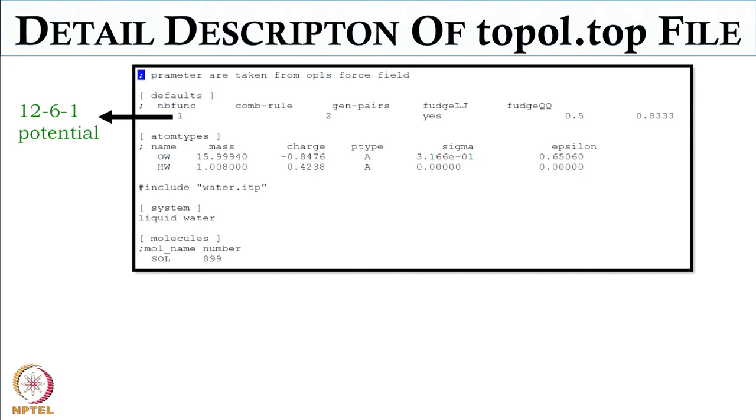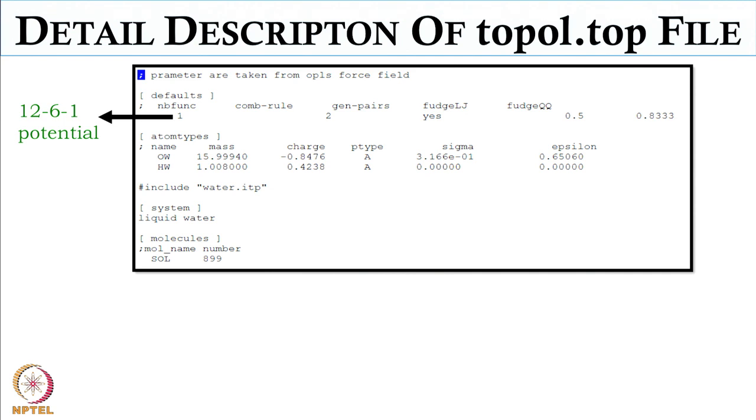Now these topol.top files, are they available on websites or do we have to create them? Yeah, they are available on websites, and you can create them as well, if you have your PDB file of any molecule that you want to create a topology file of. Suppose you want to create a topology file of water. So you have the coordinates, you have the OH bond length and bond angle.